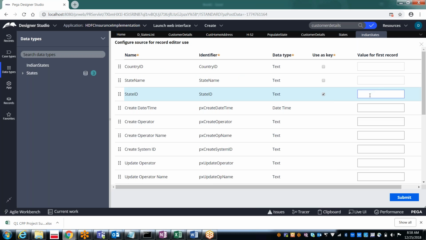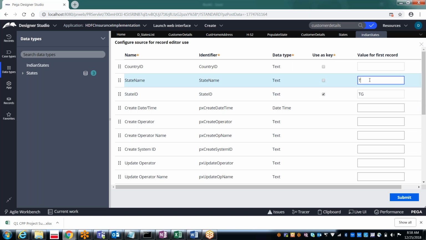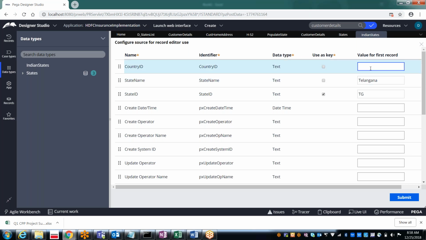And the value for the first record, give something. India, and then submit.